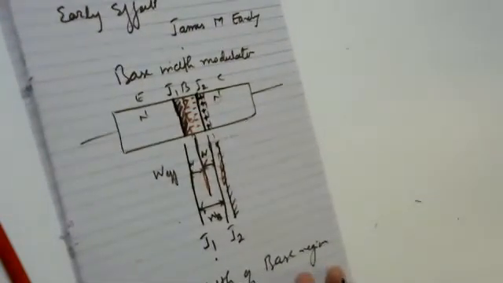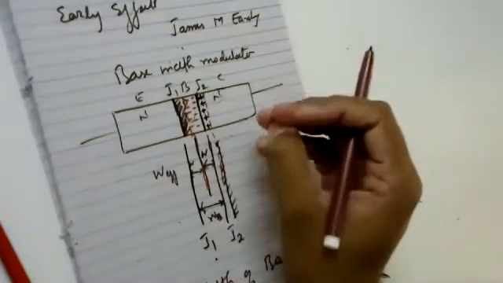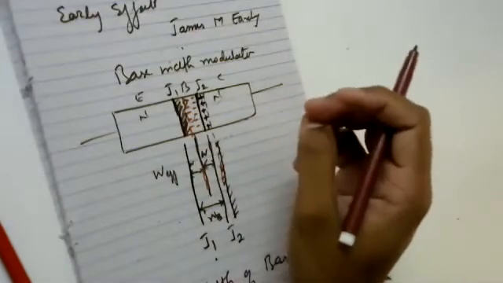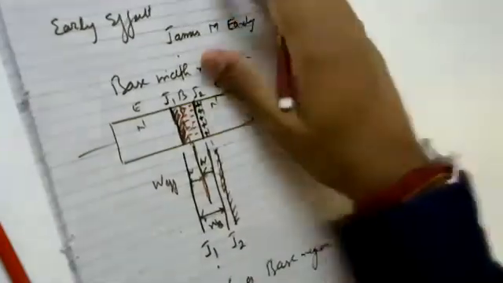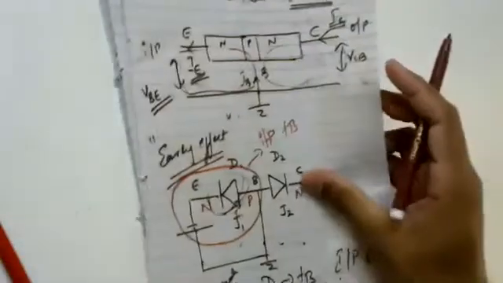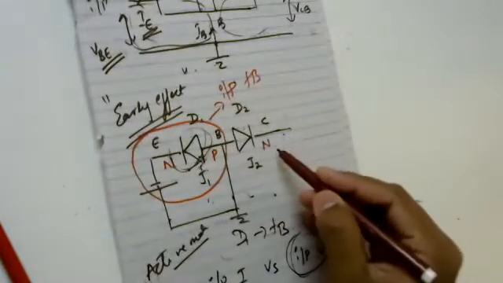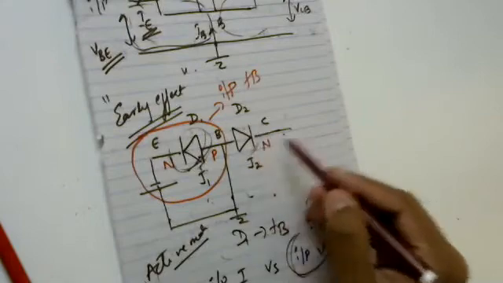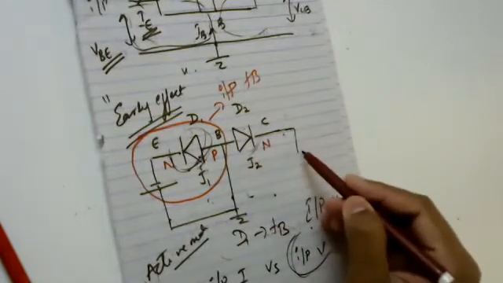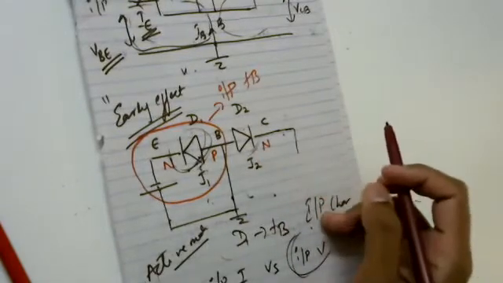Now when I start reverse biasing this voltage, when I start increasing the output voltage, nothing but my VCB, let me show you in terms of a diagram. Over here, I'm talking about this voltage now. So this should be VCB. Since this should be reverse biased, and this is a negative terminal, I'll be connecting the positive terminal over here. Yes or no?